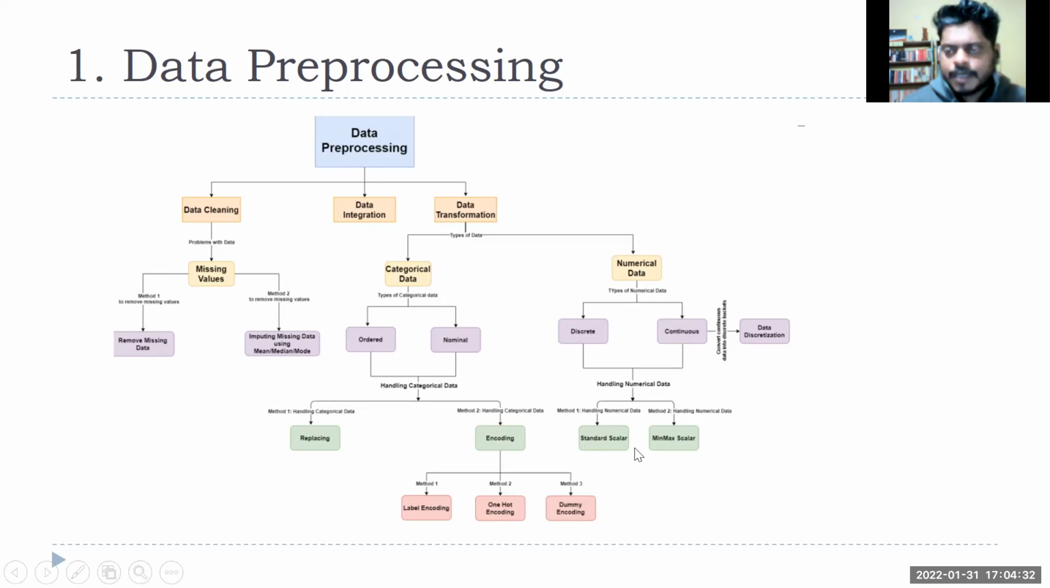There are different types of standardization or normalization, but we'll focus on two of them. Then towards the end, data discretization. It is again similar to labels, what happens for categorical variables, when you do it for a continuous variable. So let's say